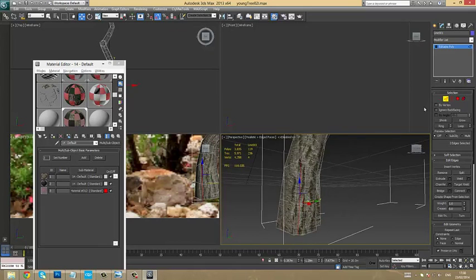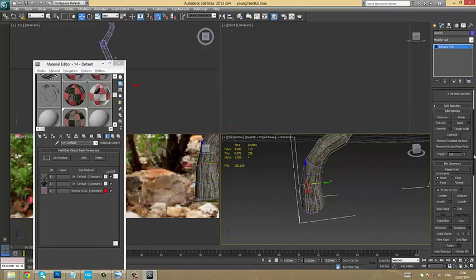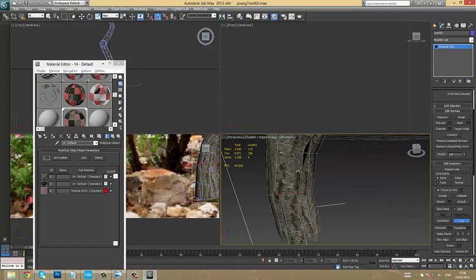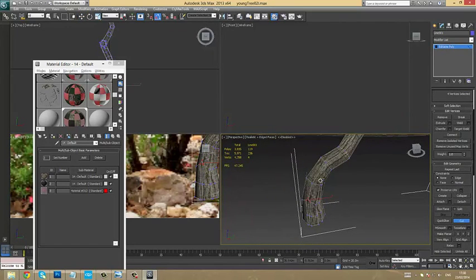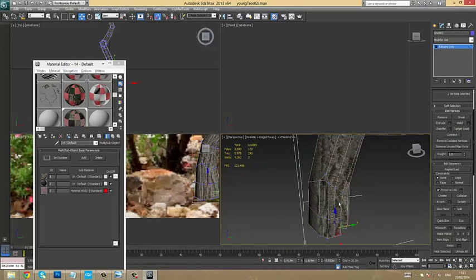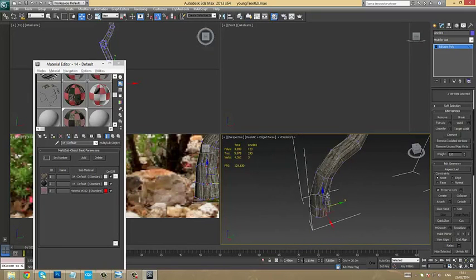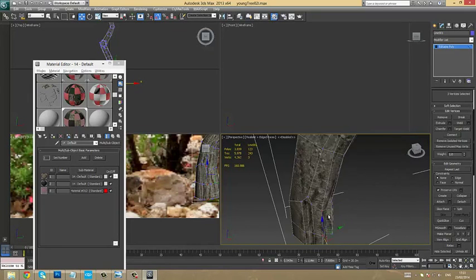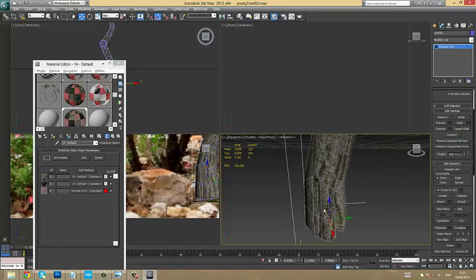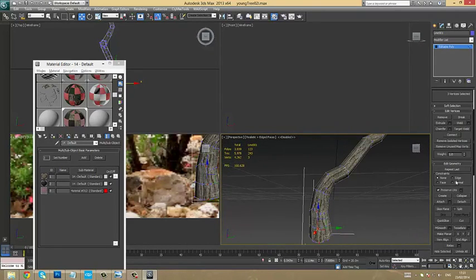So yeah, basically I won't spend too much time on this, because we need to focus on the other part of the tree. But just by making this additional geometry here on the lower part of the trunk, you can make it look really nice. And later, of course, you can make a blend texture like I showed you in the previous lessons, and you can paint with some moss here to make it look even better. So anyway,